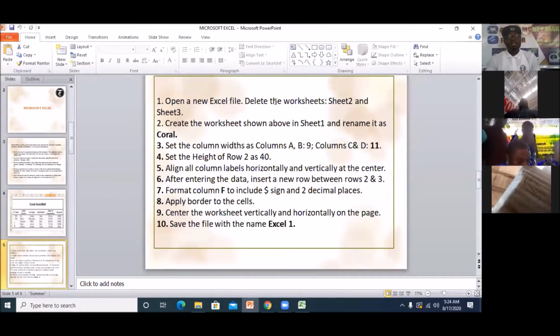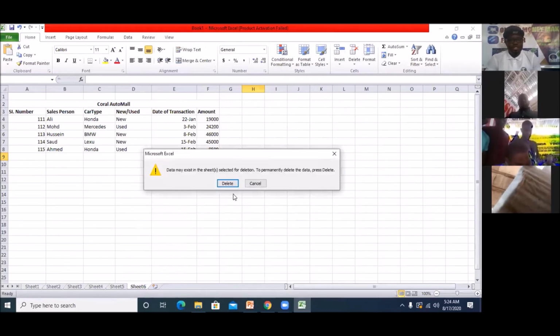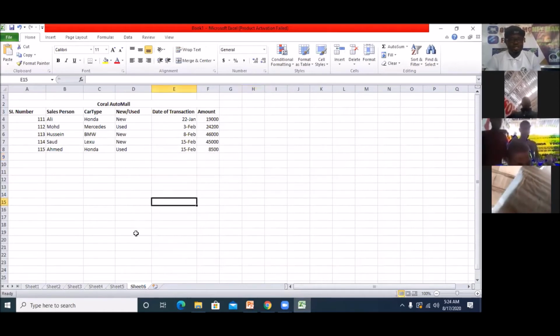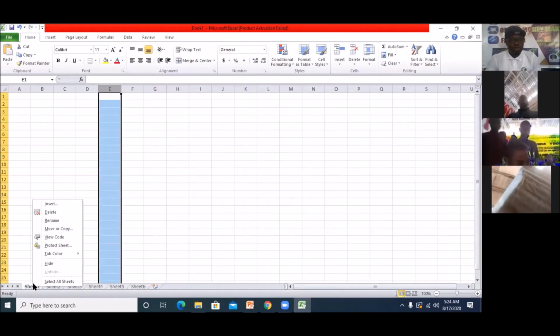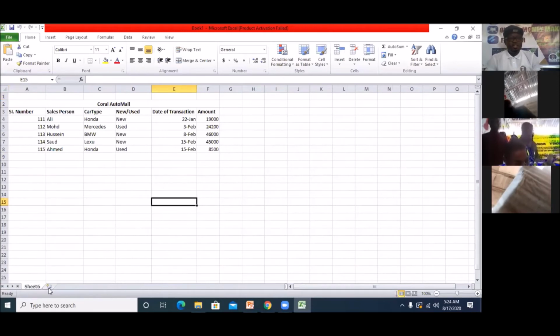Open a new Excel file, delete worksheet, sheet 2 and sheet 3. That's the first instruction. So I get back here. It says I should delete. I created extra sheets here, so I'm going to go to delete. Once you right click, you delete. Is that clear? I've been working on worksheet 6, so I'm going to delete this worksheet 1. Delete. That's how you delete, by simply right clicking and going to delete. Is that clear? Class, is that clear? So please delete all the other sheets and leave only the sheet that you have